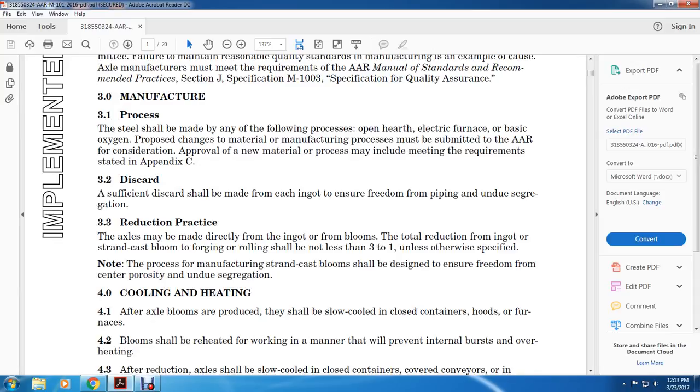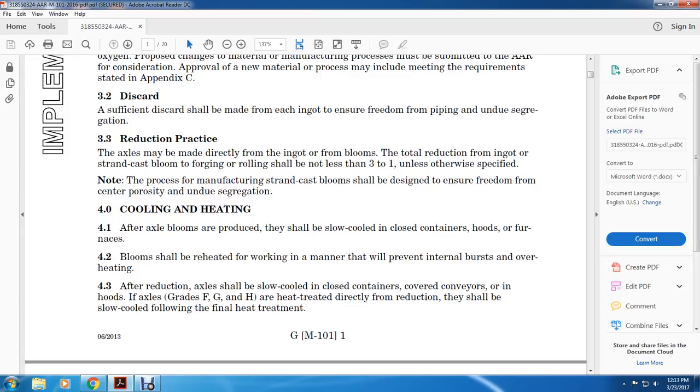3.2. Discard. Sufficient discards should be made from each ingot to ensure freedom from piping and undue segregation. 3.3. Reduction practice. Axles must be made directly from the ingot or from blooms. The total reduction of the ingot or standard cast blooms by forging or rolling shall be not less than 3:1 unless otherwise specified. The process of manufacturing standard cast blooms shall be designed to ensure freedom from center porosity and undue